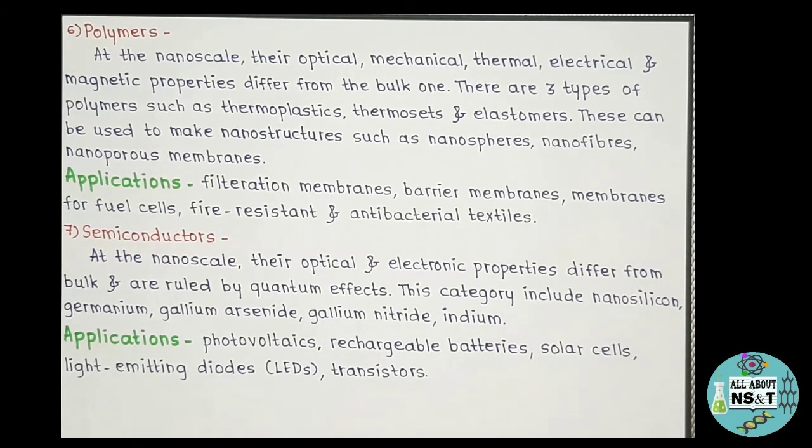So this was all about classification of nanomaterials based on its chemical composition, and as you saw, it was all easy. There was nothing much difficult about it. Now by the end of this video, you know all three categories of classification of nanomaterials. So those who haven't seen our previous two videos in which classification of nanomaterials based on origin and dimensions were discussed can find the links for the same on the end screen of this video. So do watch them so that you don't miss anything.